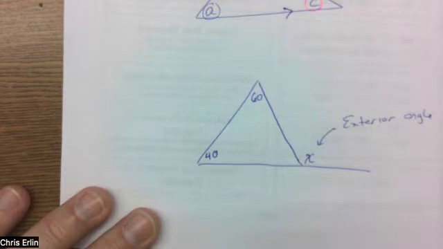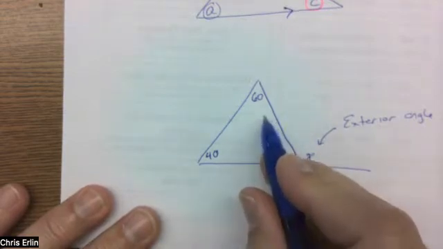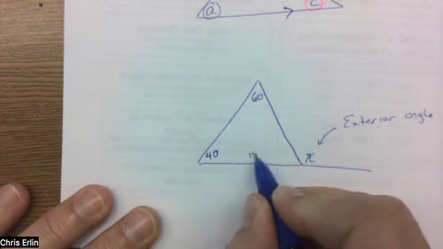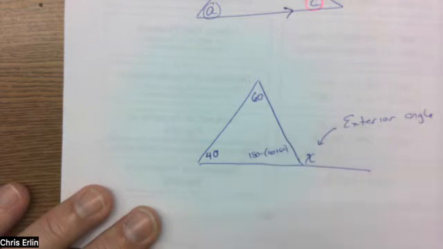Okay, to find the third angle of the triangle, you do 40 plus 60 plus x equals 180, so x equals 80. And then because it's a linear pair, then it would be, well,